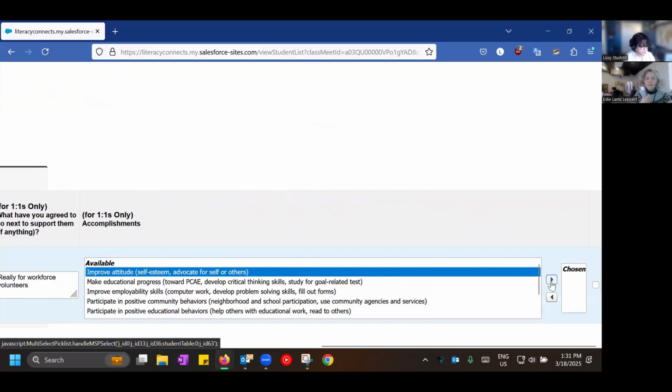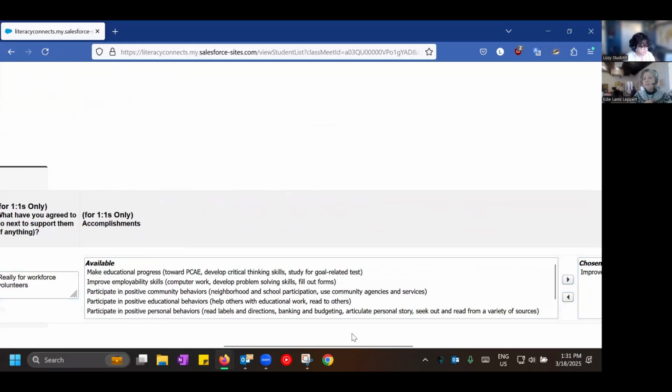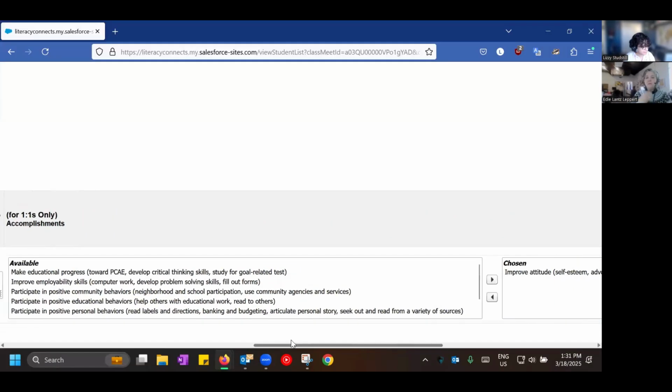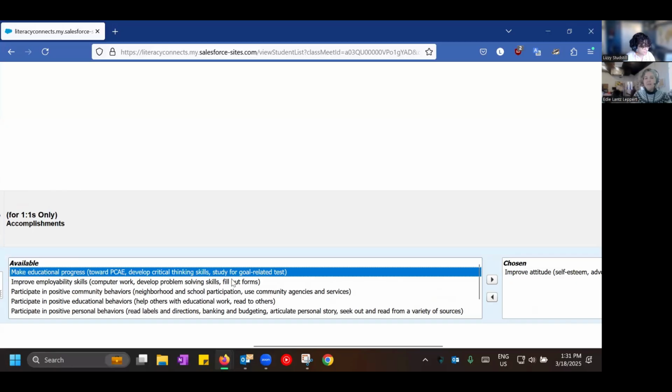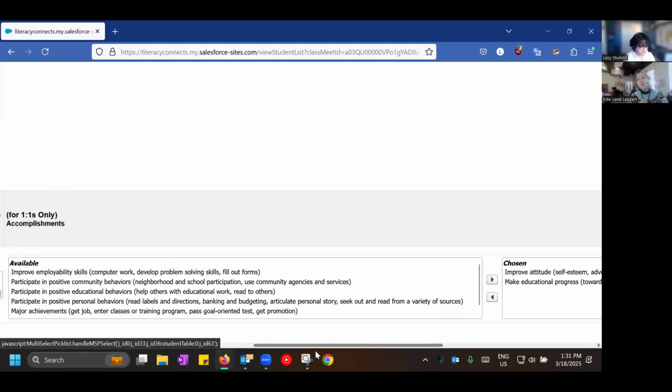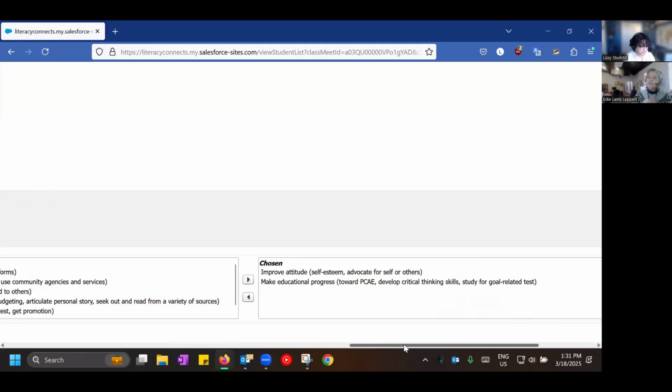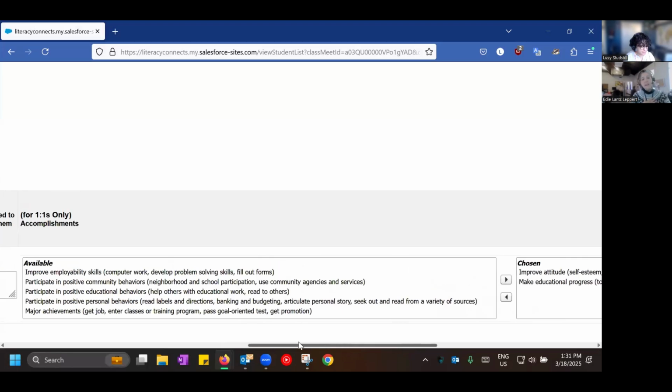So if you've noticed an improvement in your students' self-esteem, you would select that one. And then let's do another one because you went really fast there. Let's say they made educational progress, like there's a new strategy that they're really good at. Highlight that, click on the right arrow so that it goes over into the chosen box, and that one is now selected. And that's all you got to do.